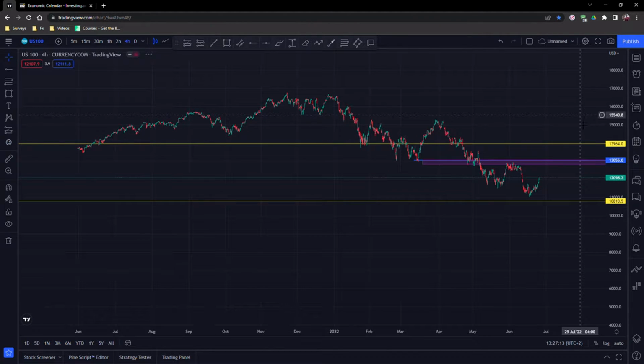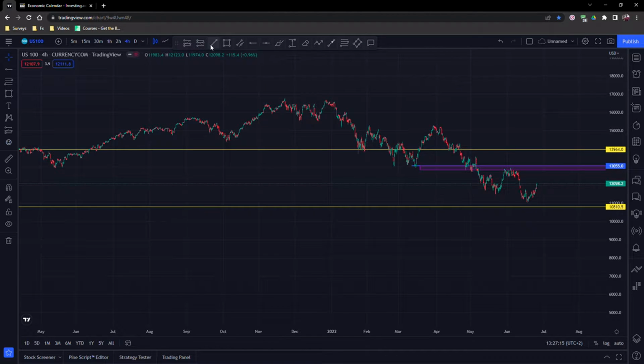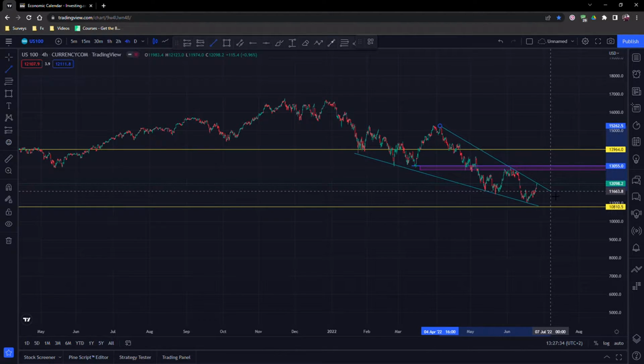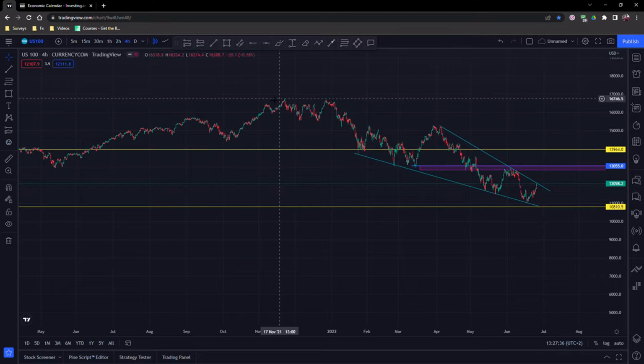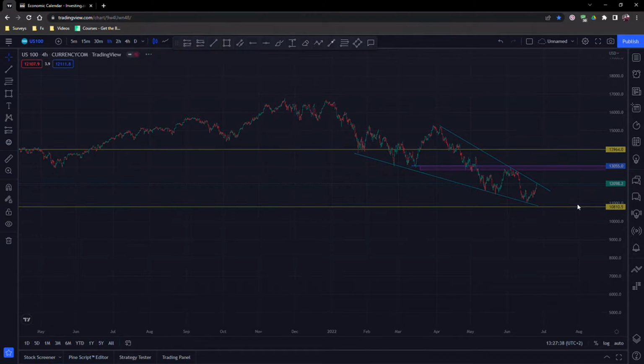Right, and now we are on the 4 hour, and we can see that we have this trend right here, right? First touch, second touch, all those touches. You can see that it bounced back here, this downtrend line, and now it's looking for upward momentum. So if we were to plot that right there, we can see that if we were to go to the hourly time frame,